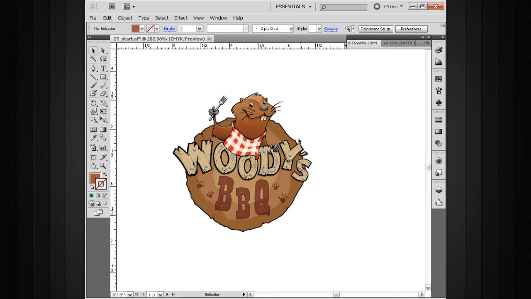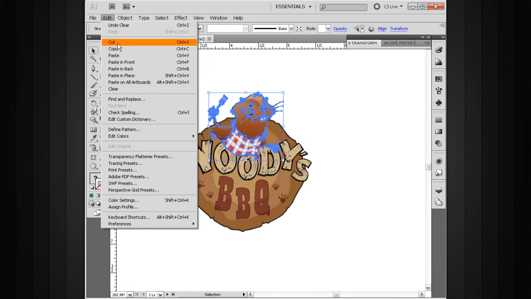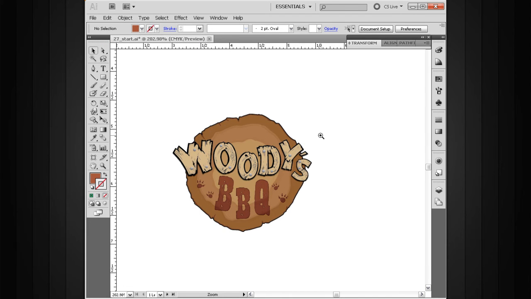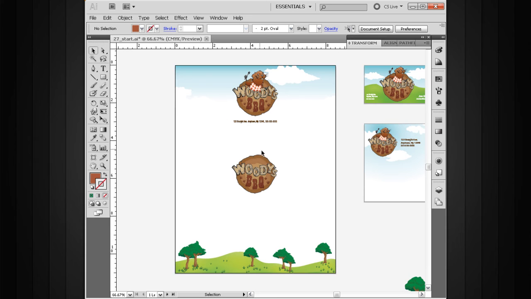So let's say we wanted to cut the character out of this logo. We can do that with a Control-X, or we can come up here and choose Edit and Cut. So let's cut him out, and we'll zoom out here. Now let's say we wanted to paste him back into the same spot. If we just use the standard paste command, Control-V, he's not going to end up in the exact same spot. But Illustrator has some additional paste functions